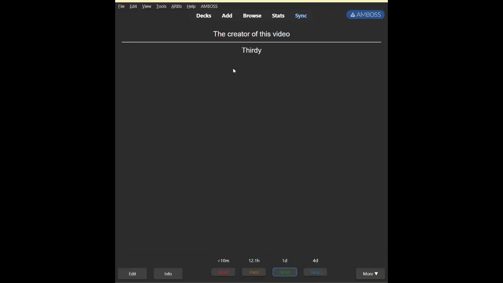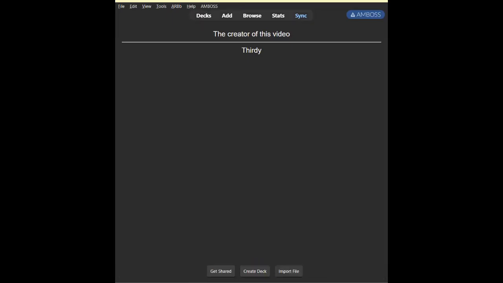Now, the reason why I don't really use this card that much is because it's hard to make a card that works without a bit of context. You can't just see 30 and then assume that you know what it's asking for. Or the creator of this video, it would have been better that this was at first. That's why I don't really use the front and back or the reverse cards. It's just the basic form of flashcards, but not really that useful for higher knowledge.